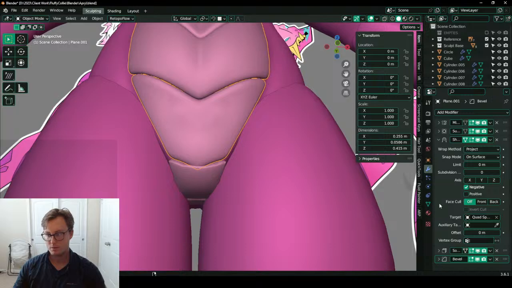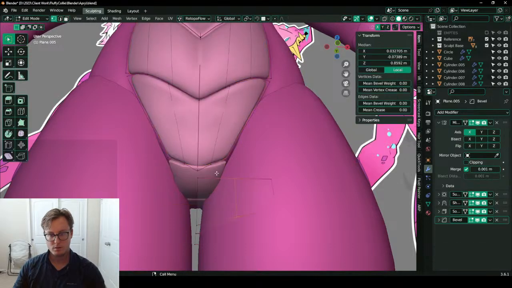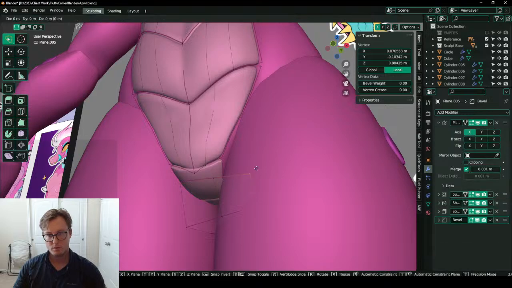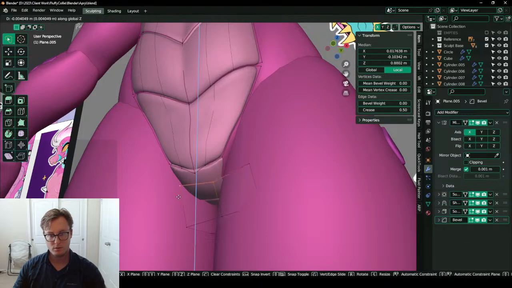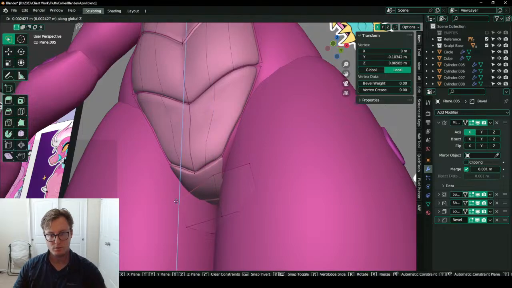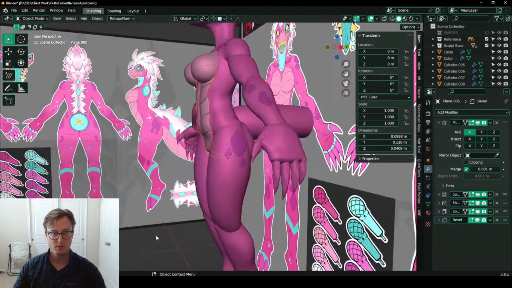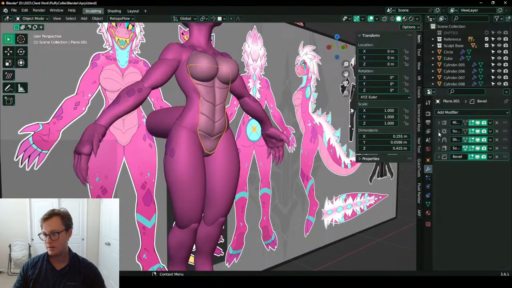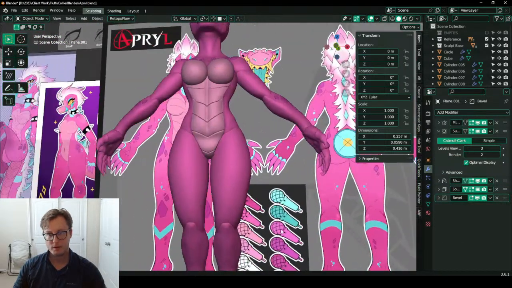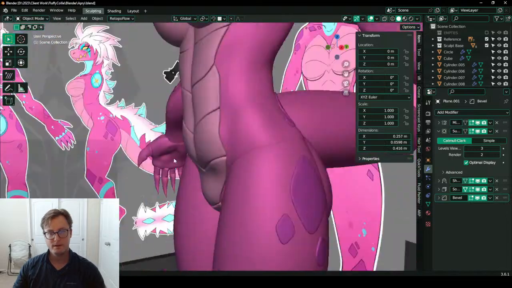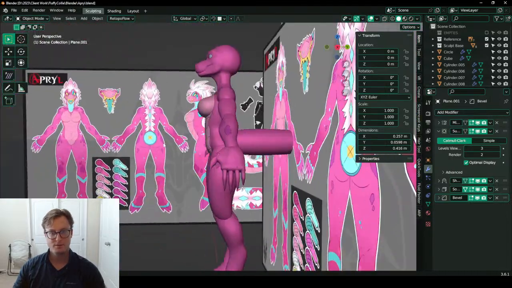Tab, shrink wrap. There we go. Scales. And we'll do another subdiv. Boom. Or do I subdiv there? Yeah. Yes, I do.